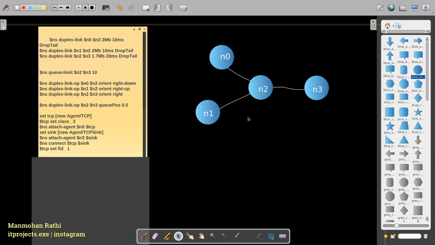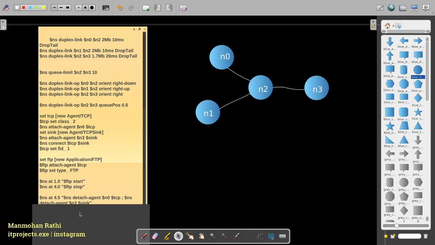As I've said in the previous videos, a sink is used when this node receives a packet, it should be able to free the packet so that there's no storage used, because it is a simulation. You don't really need those packets here. So we created that TCP sink in the sink pointer, and then over here we have connected node 3 to the sink pointer, and we also connect the TCP to the sink pointer, because we need to connect the TCP to everything. Here we are setting the FID to 1.